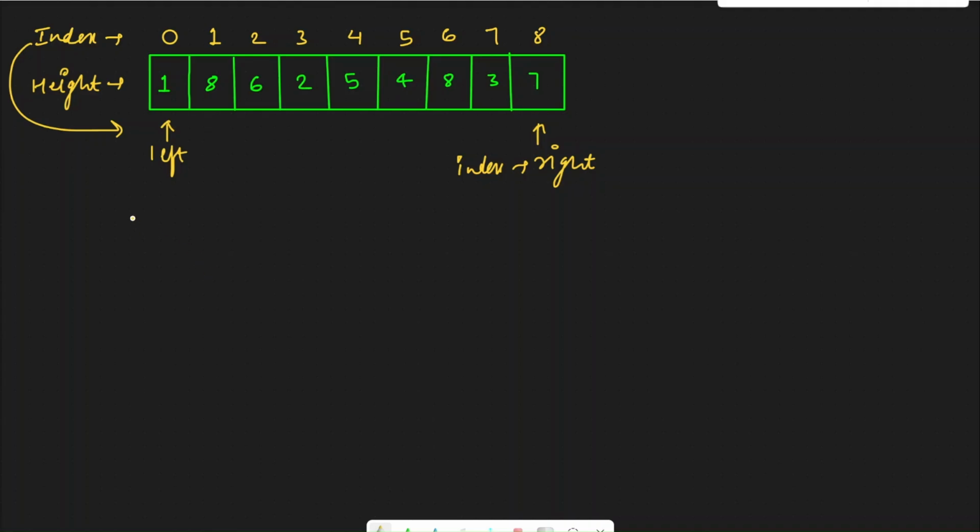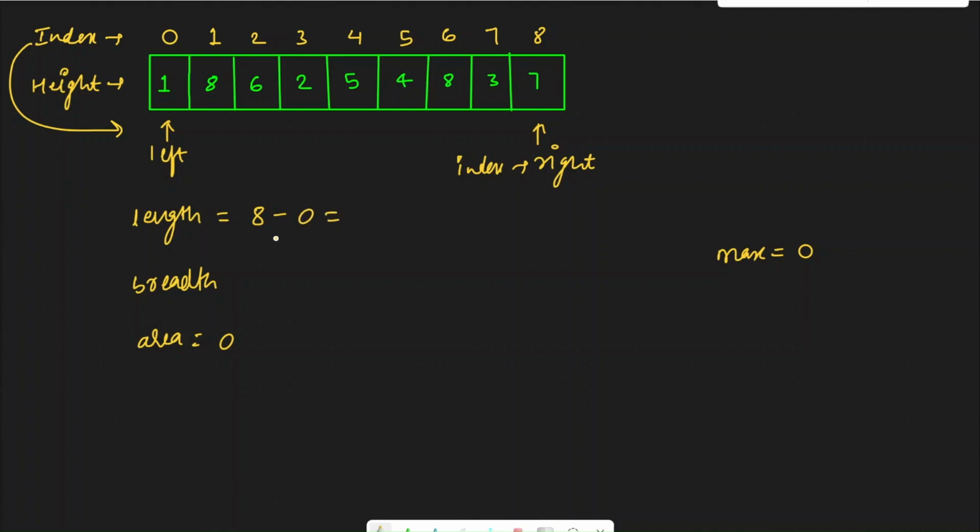Now let us try to get the length and the breadth. I'm also going to initialize a max area as 0, and this area is also 0. Now for length, the length would be equal to right minus left, using the index values. My right index is 8 and my left index is 0.